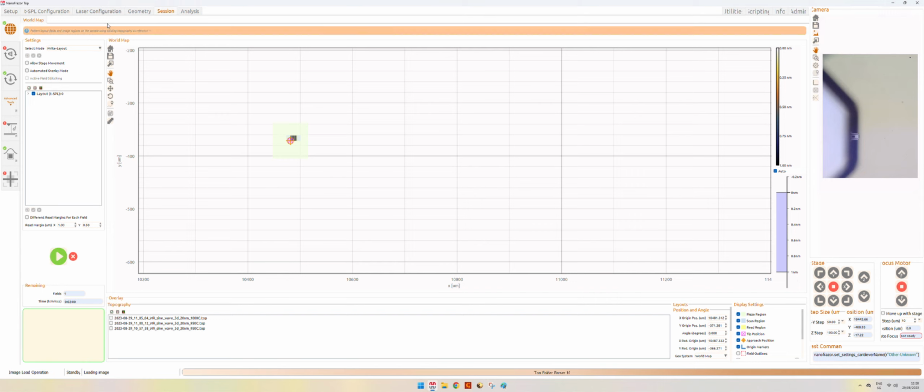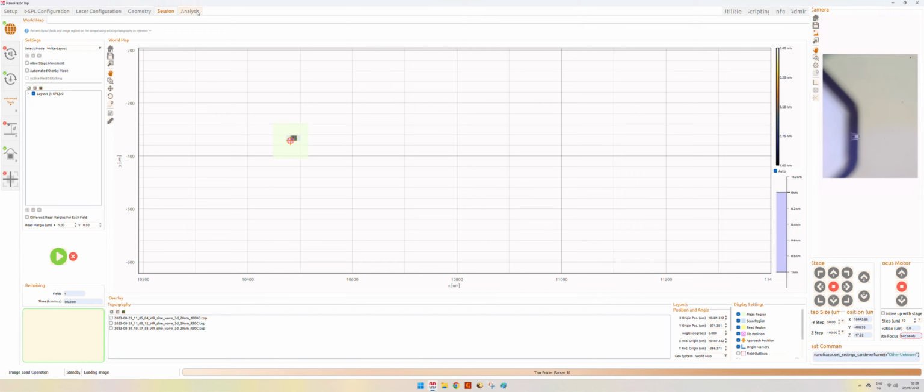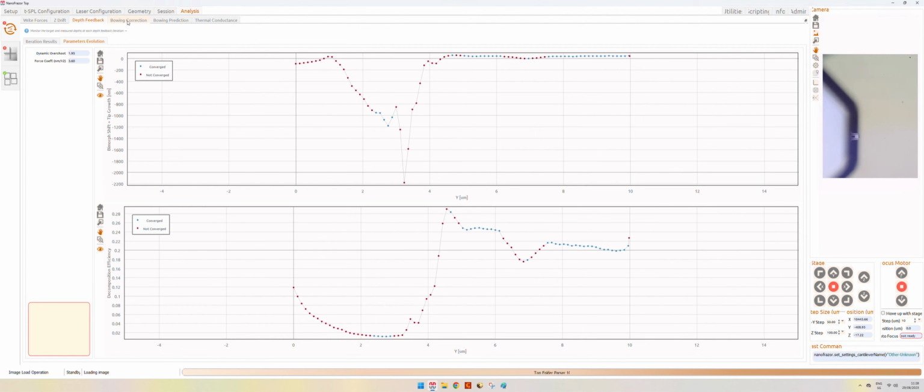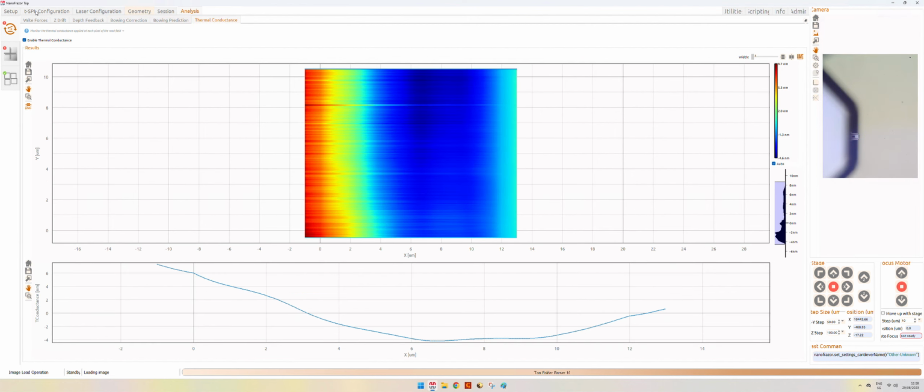We can also see an analysis tab. In this case, we can see in more detail the patterning and some feedback parameters and some corrections.